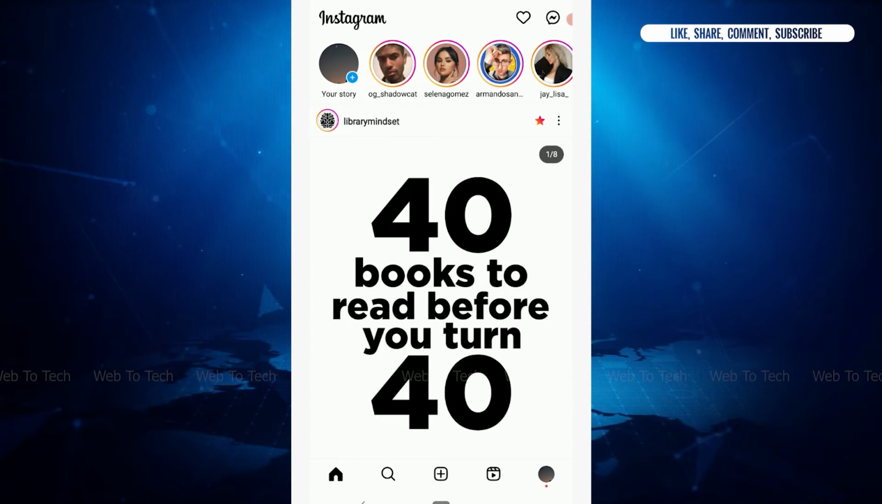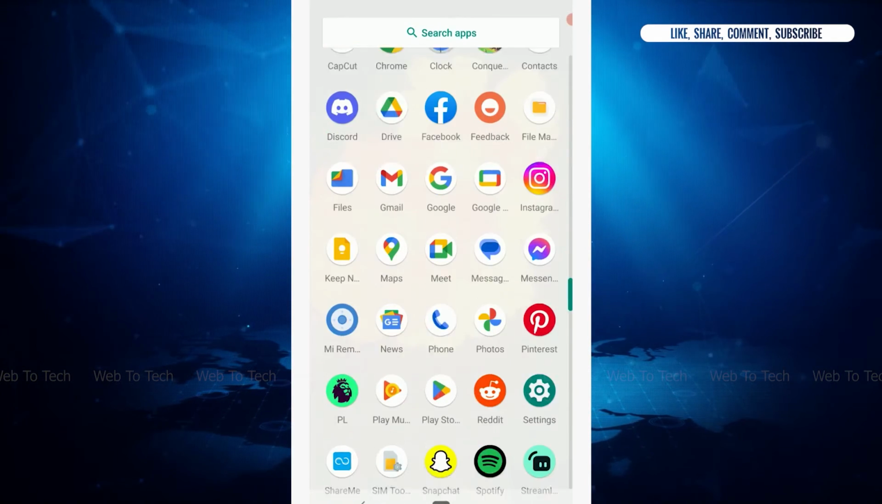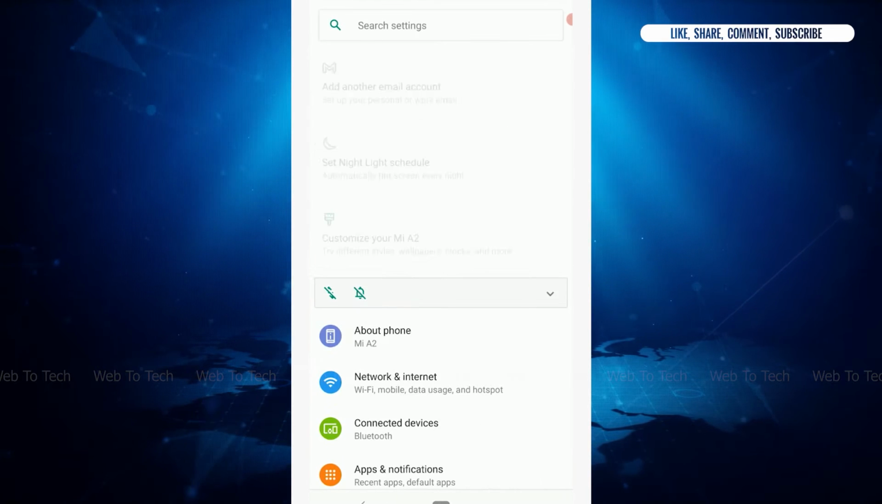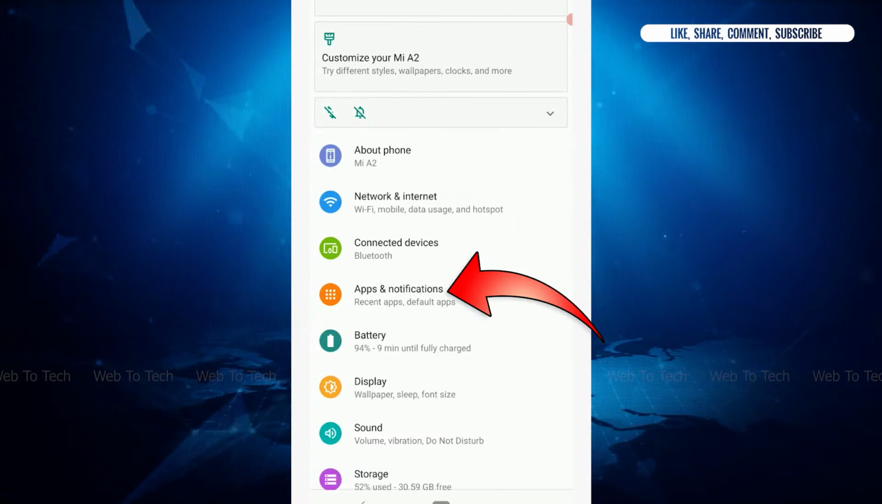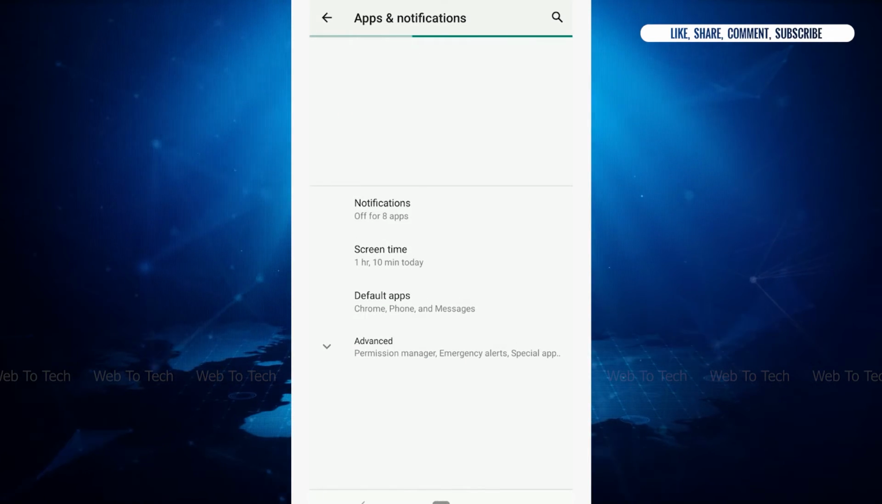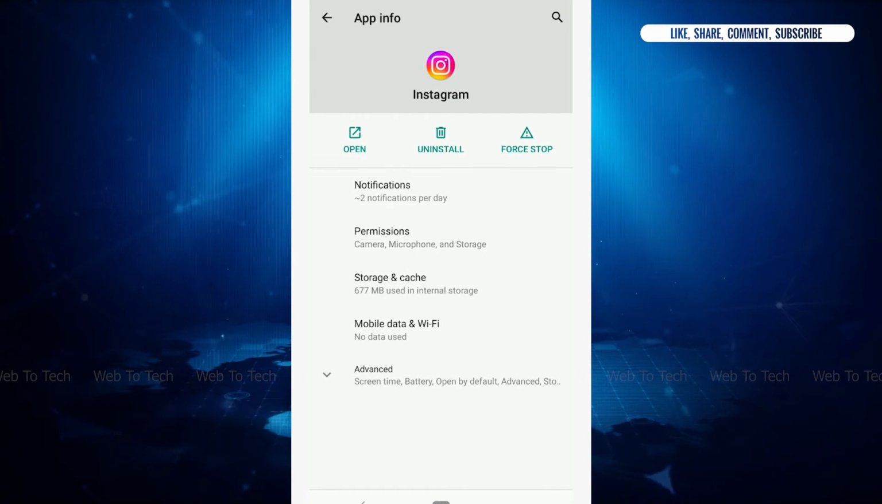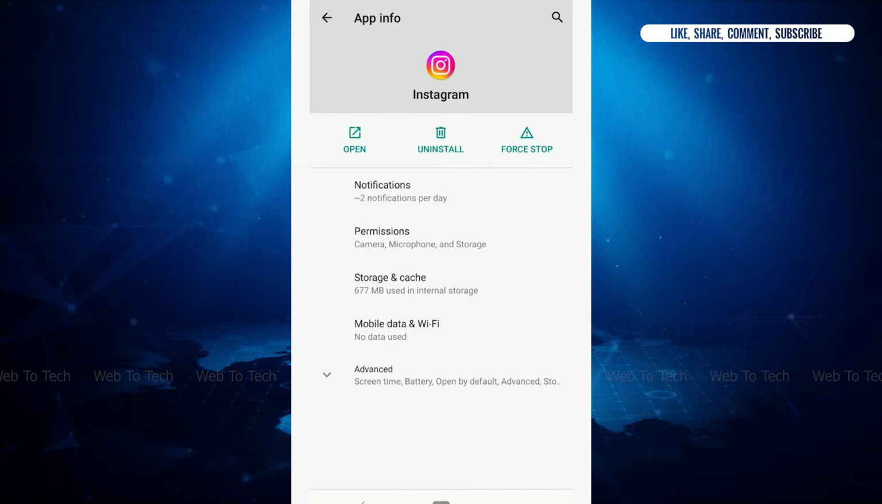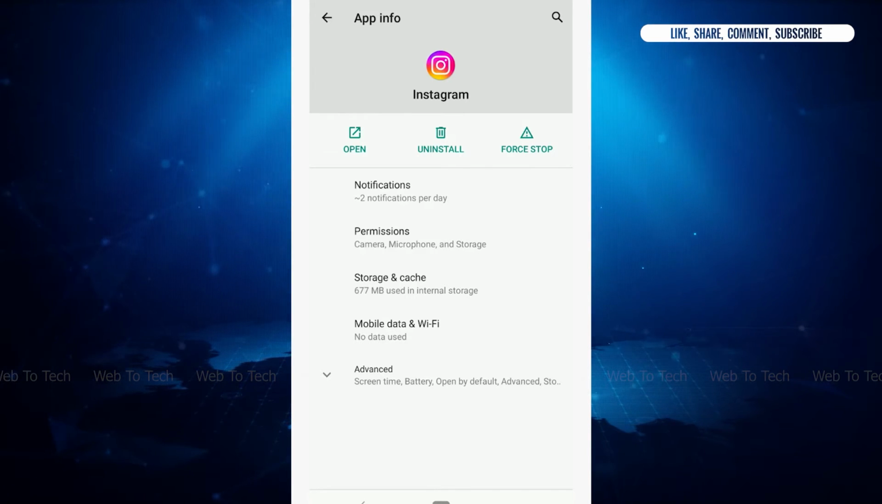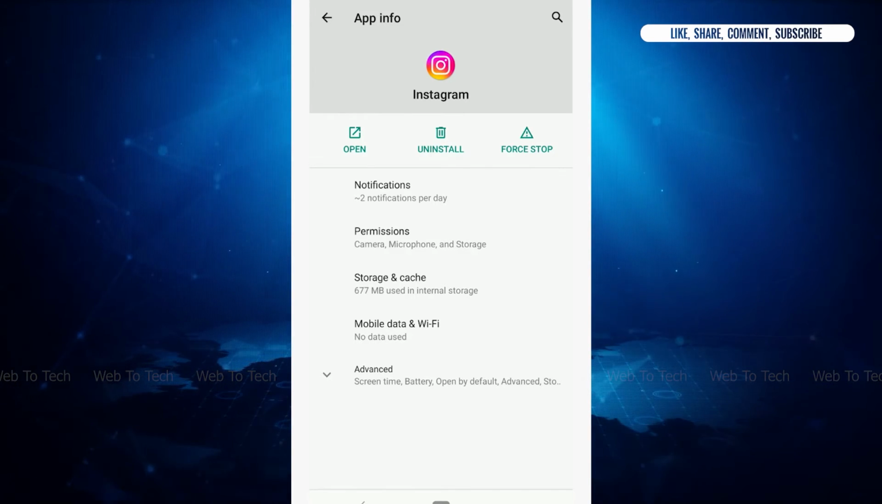So what you need to do first is open the setting on your phone device. Tap on setting. Once you're at the settings section, you need to go to apps and notification. Then you need to open the Instagram app info page. This setting is different for each Android devices. So just go to the setting and you need to open the Instagram app info page where you need to